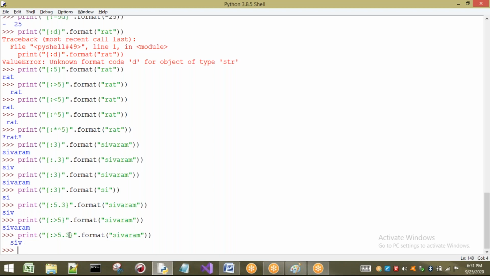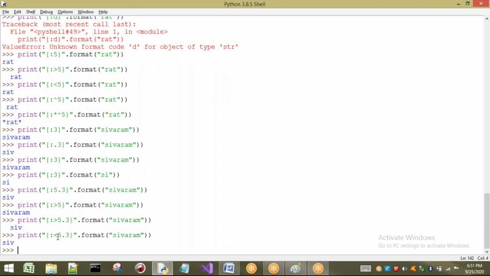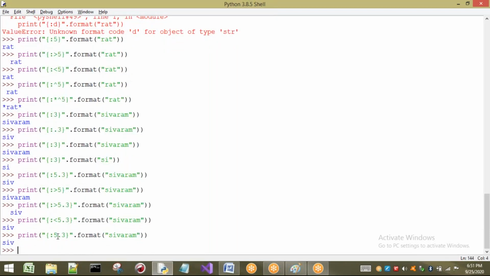So whatever the value we are going to select, those 3 values from the string should be right aligned. So this is right align, and total are 5. See here: 1, 2, 2 spaces are there, 3, 4, 5. Total are 5, but how many are printed? 3, because of this dot 3. Which alignment? Right side alignment. Now if you consider left side alignment, you can observe clearly what happens. Only this one. If you are not taking this symbol also, the same output will be generated. The reason is, by default a string has left alignment only.